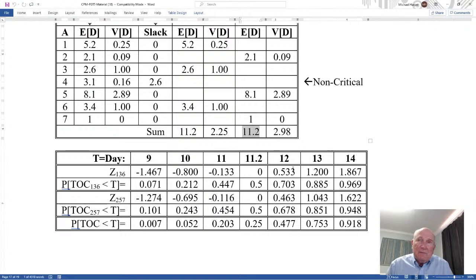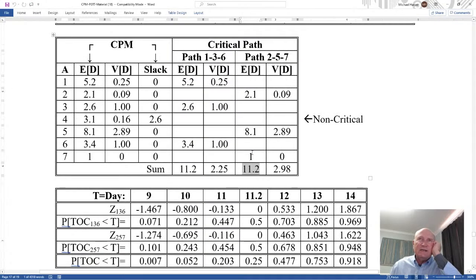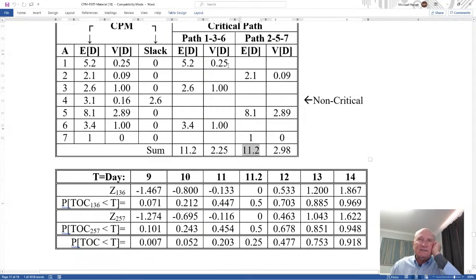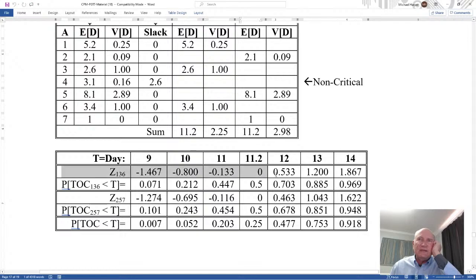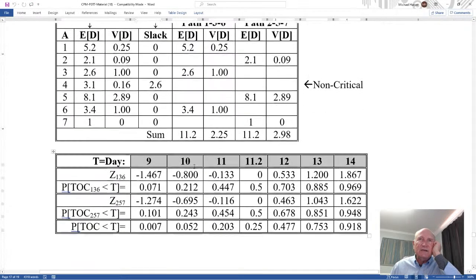So how do you calculate probabilities then? Well, you do each path differently. Take each path at a time, and that's why I showed each path before. First of all, let's just take the critical paths. 136. So here's 136 for times of 9, 10, 11, 11.2 is the mean, 12, 13, 14. And I take this there